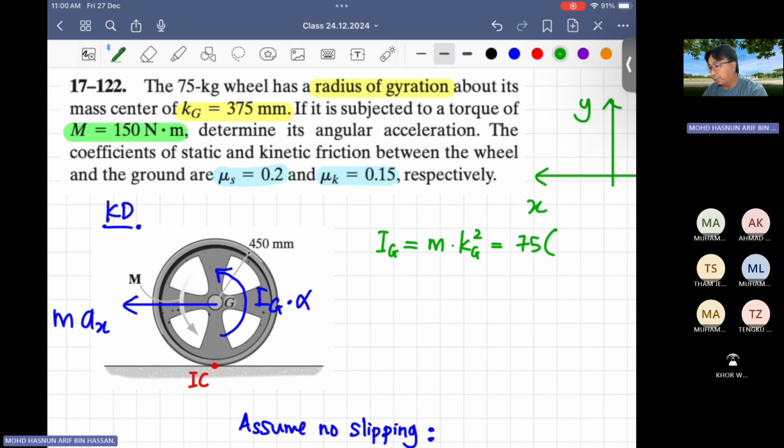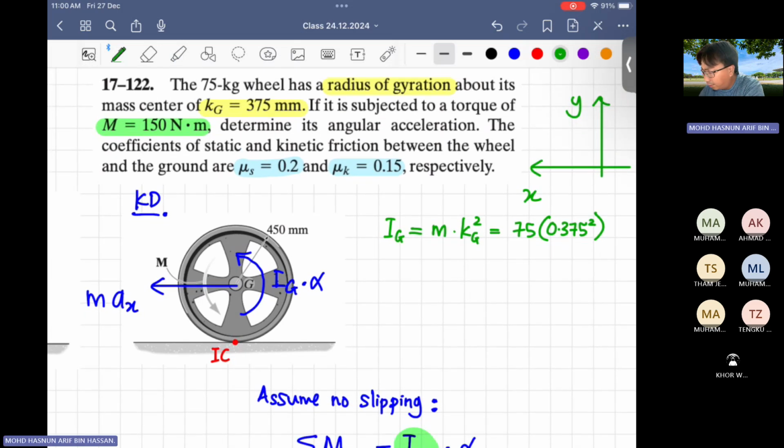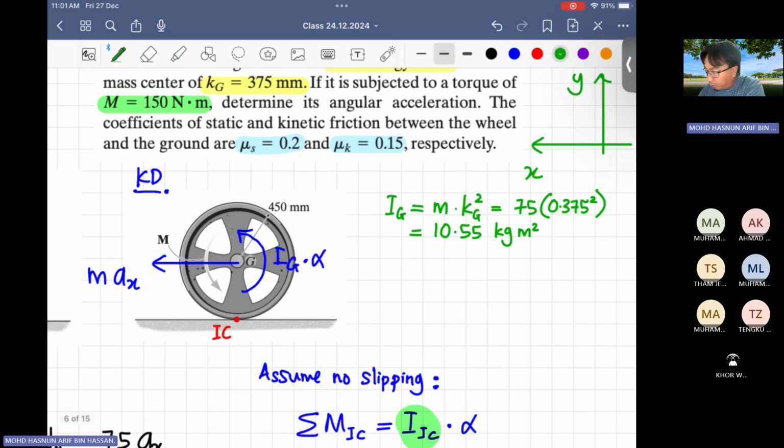375 millimeter. Remember that you need to convert this into meter, so divide it by 1000. You will get 0.375 square. And therefore the value of IG will be 10.55 kg meter square, right? And when you have the value of IG, then we can calculate IIC using the parallel axis